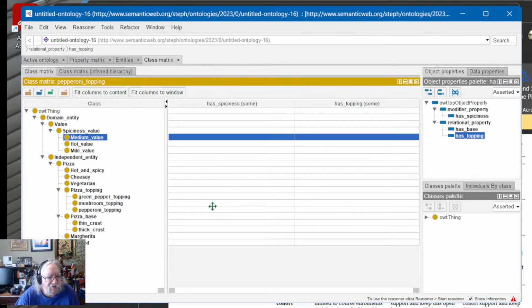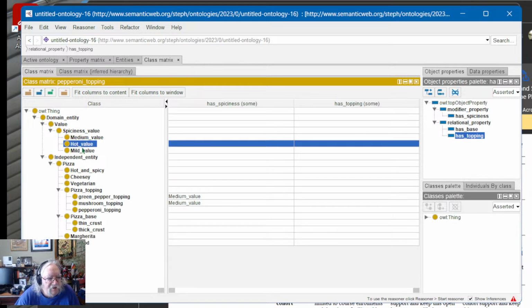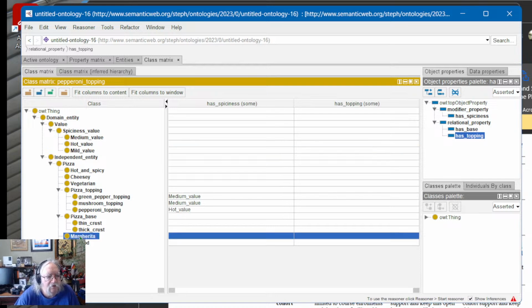Medium value for spiciness for mushroom. Yes. And let's give spiciness a hot value for pepperoni. Okay. And now the toppings, right, here we go. This is how this works. So my margarita pizza,